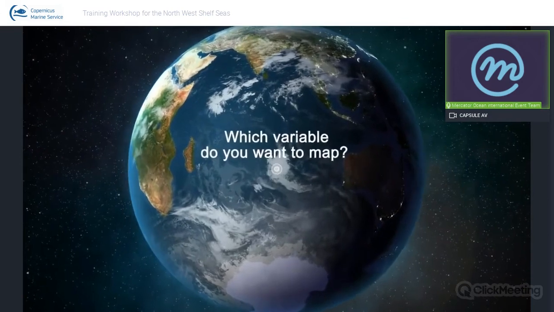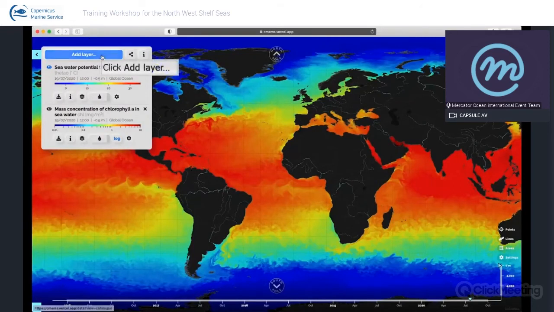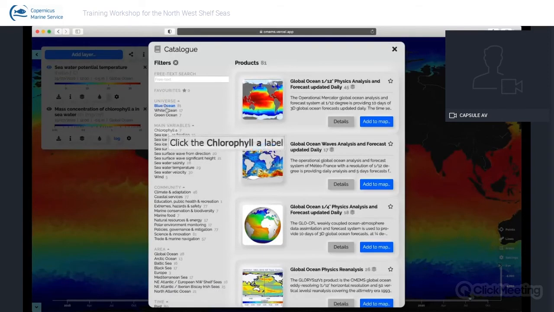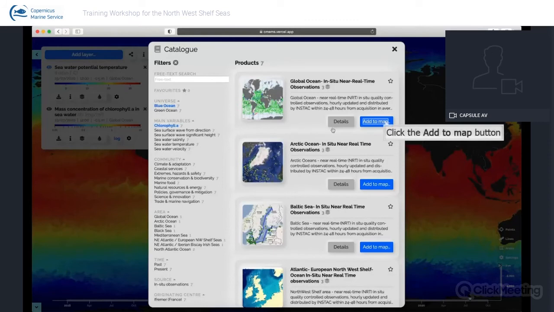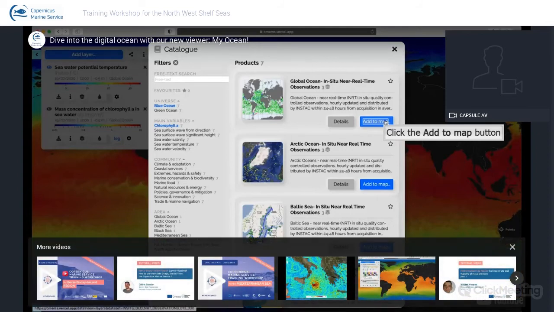Which variables do you want to map? By default, the viewer shows by clicking the download icon, you are redirected to the Copernicus Marine catalog. When you click Add Layer, in upcoming versions, you can download an image or video of the variable you can search through free text being redirected to the Copernicus Marine website. Universe, main variables, to view the keyboard shortcuts, click on the About section at the top right-hand side of the box, and Past. Source, you can share the map you created with these layers by clicking on the Share button. This allows you to generate a short link of your map and